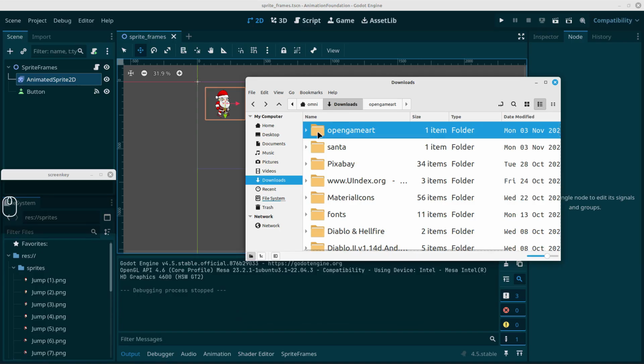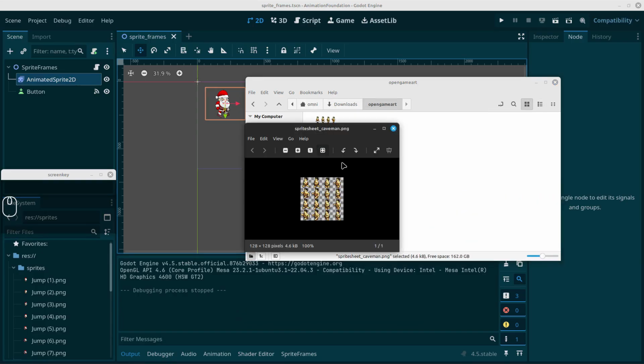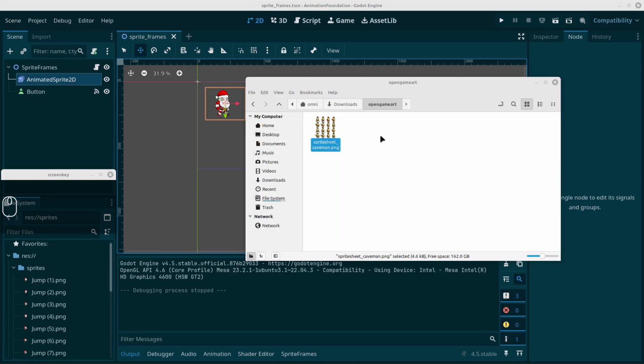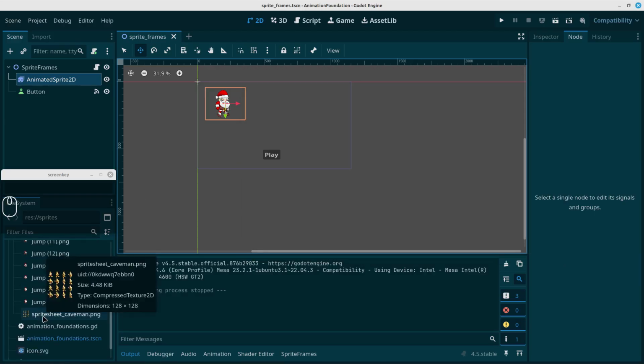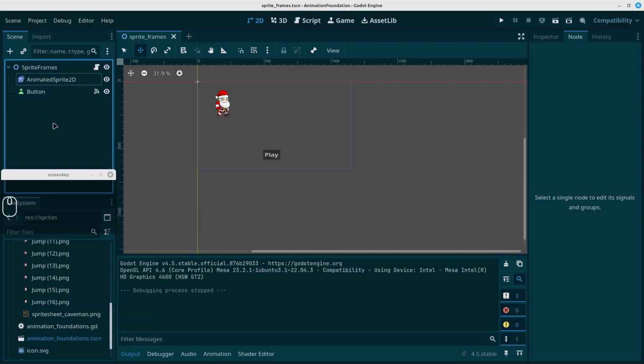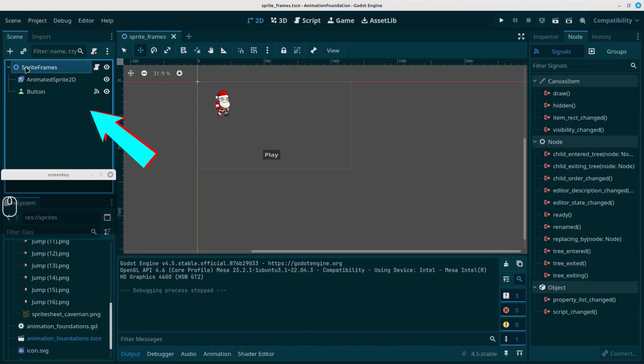It wasn't very good. I got it from Open Game Art. Drag it across. This is the sprite sheet. Let's open it up to see what it looks like. As you can see, a sprite sheet has all the different movements and positions, one after the other. So you'll have to actually select what you want as your animation. Let's close this, and let's drag this across to our sprites folder. Let's just scroll down a bit. Okay, so we have sprite sheet.caveman,